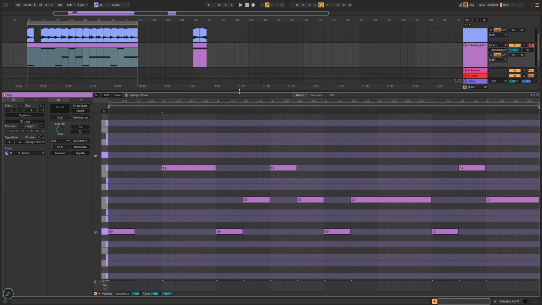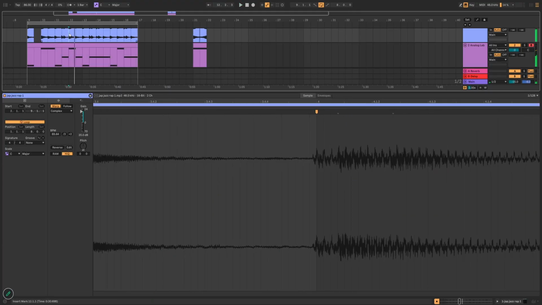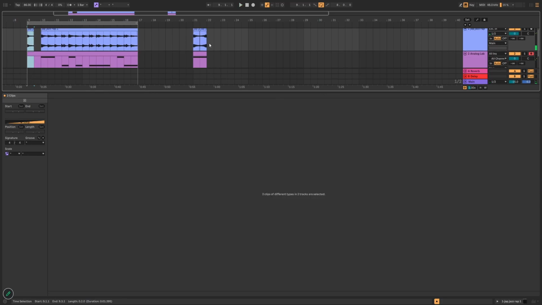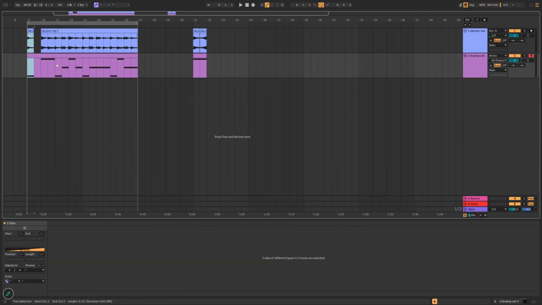Is this G? It is G. This is one note, so it technically should be pretty easy to re-pitch this. Sounds like one note at least.